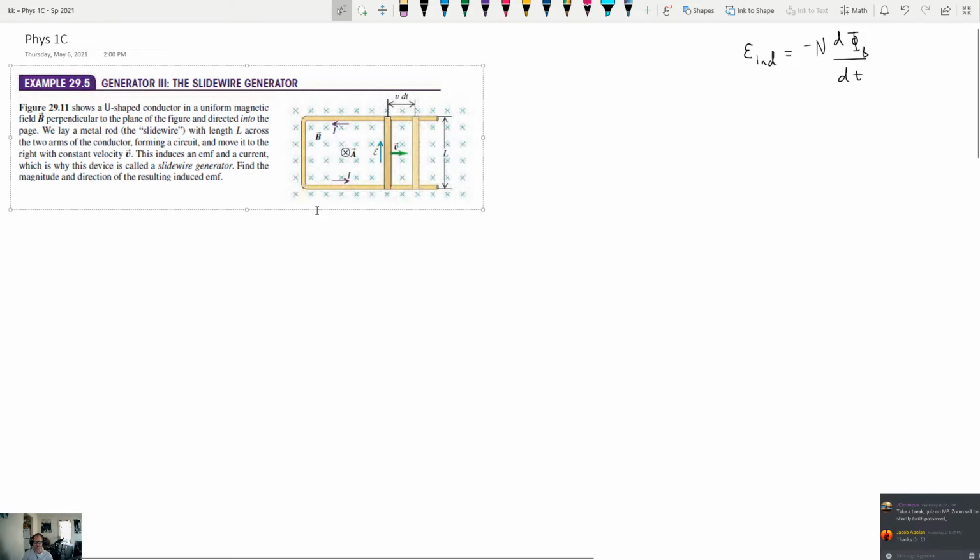Okay, so let's focus first on finding the EMF. So we need to use Faraday's law. And we have a system where,